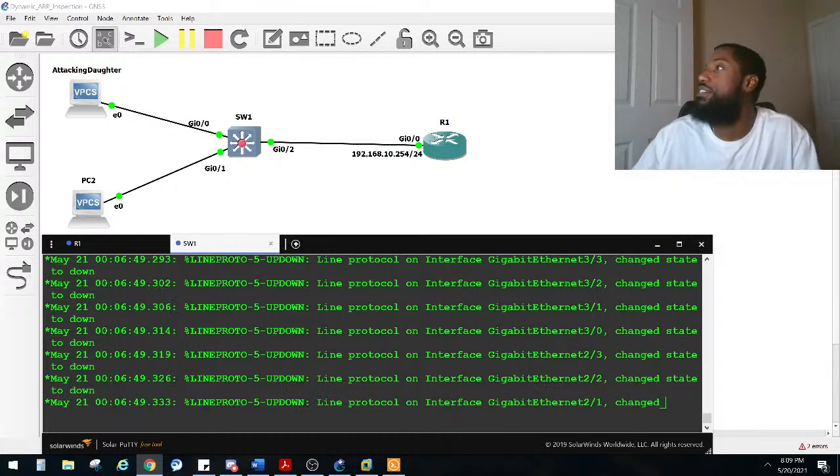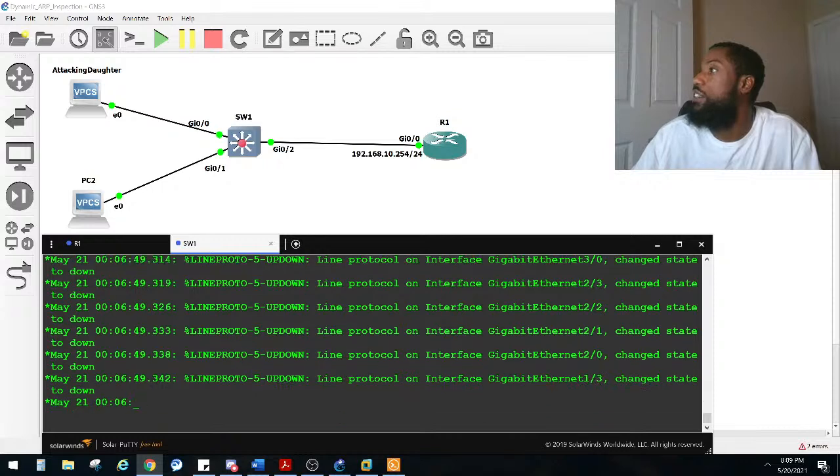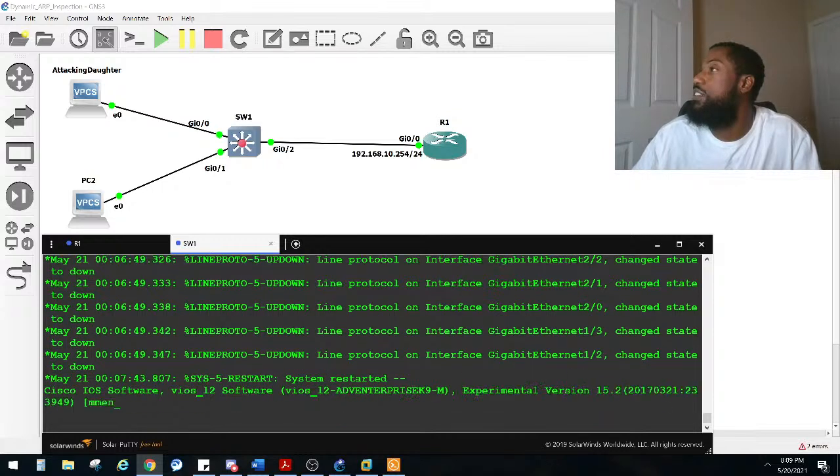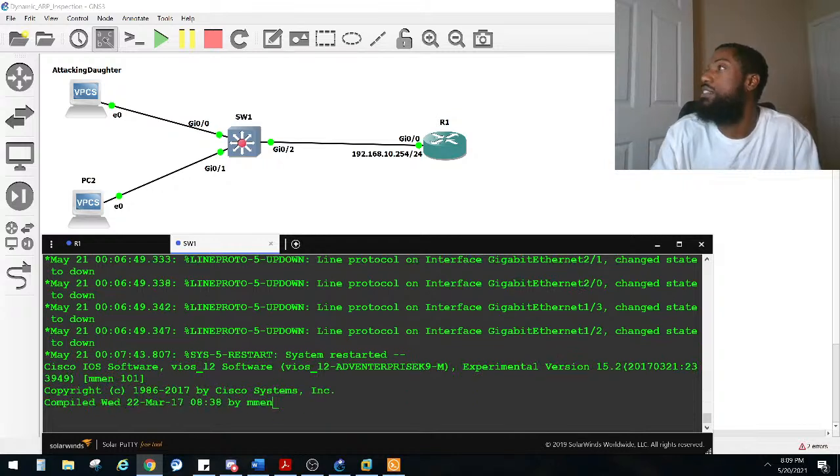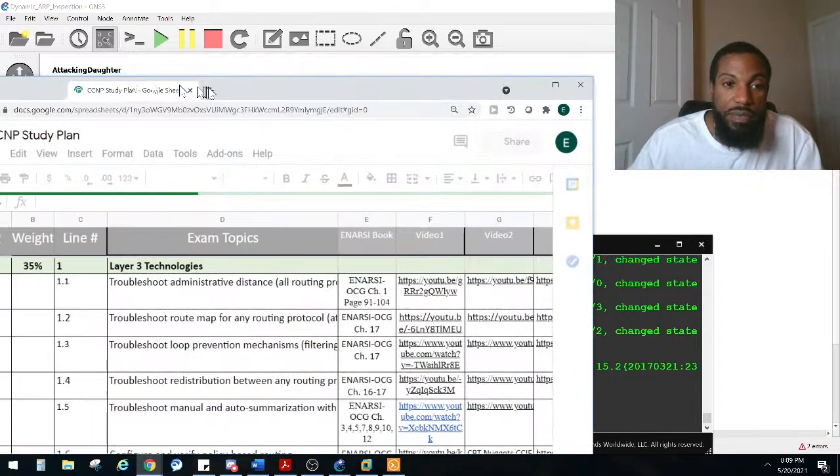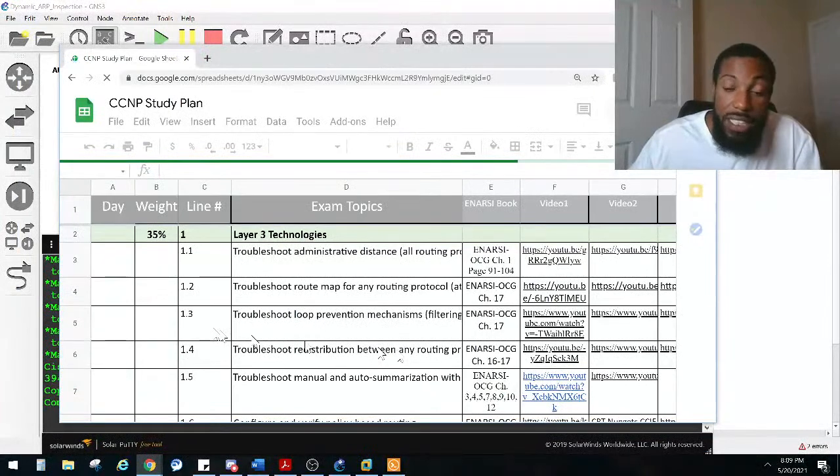Drive. There it was right there. So I came up with a CCNP study plan. I found it, let's see, where is it? There it is. I created a Google Doc spreadsheet, and I took each, because I'm going to take the NRC